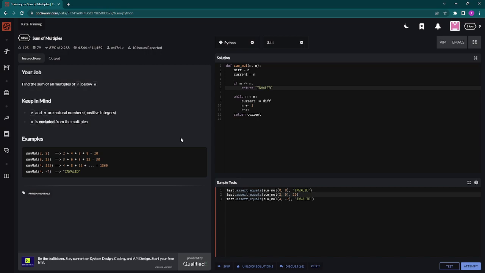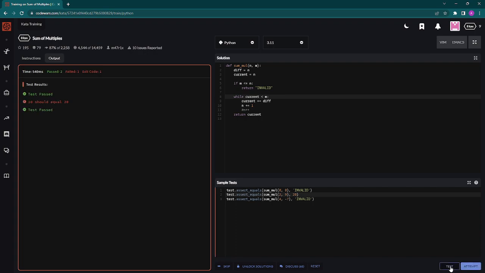So 2, 4, 6, 8. I mean, this is weird, but let's go ahead and try it. While current is less than m, 10. So okay, yeah. That didn't even sound right, because current is the one that's increasing by diff every